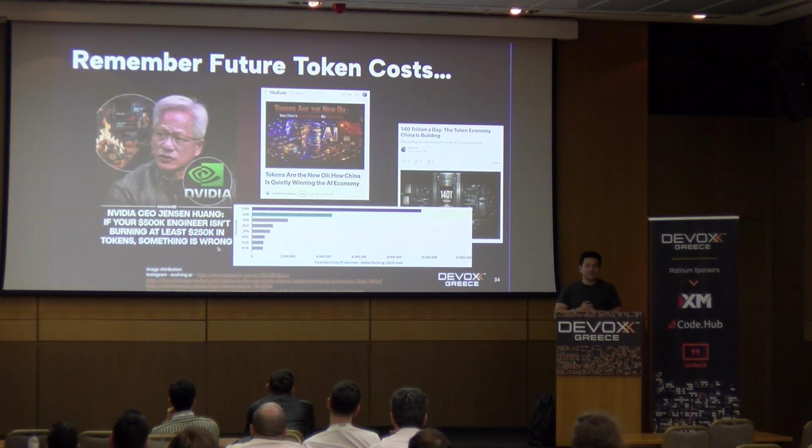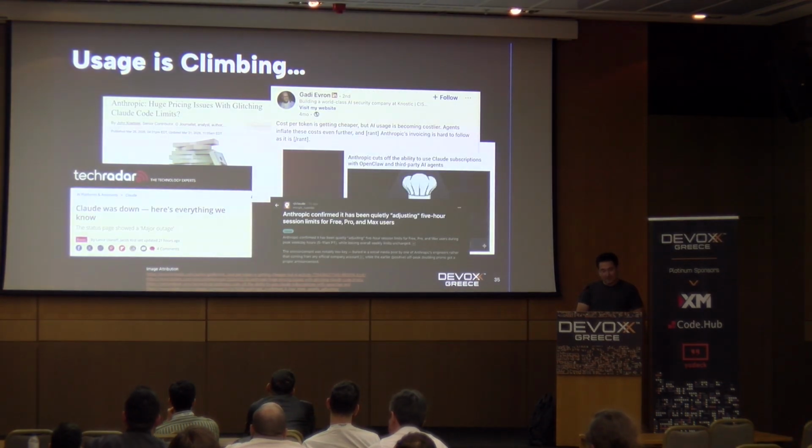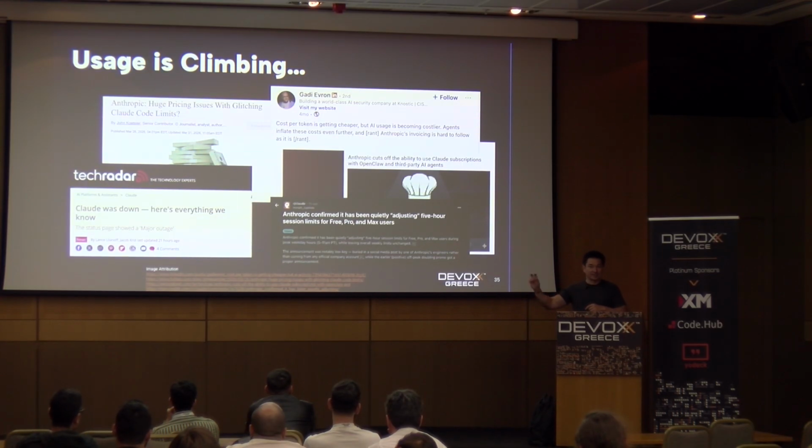So remember the cost of everything, right? They're all saying that tokens are going to be the next oil. That's how much it's going to cost. And Jensen Huang, I don't think, is wrong. Token usage is only going to climb exponentially when these agentic systems start getting out there, like OpenClaw. You can already see that, remember, Anthropic cut off OpenClaw, so now you have to hit their API. Before, people were using the Pro account, and they cut that off.